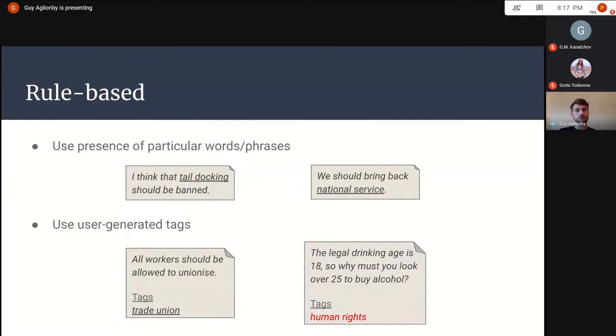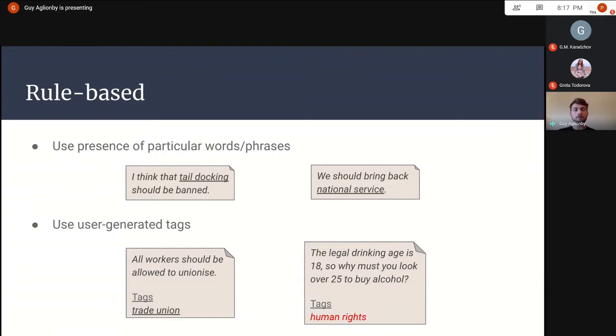We've got a couple of desired properties for this rule-based system. We want it to be high precision. That's what I was saying before. If we classify everything that has tail docking in it as tail docking as our topic, we don't want a bunch of false positives. So things like alcohol, for example, that's mentioned in passing a lot. If we tagged every response that had alcohol in it as to do with alcohol, that would be wrong. We'd have a lot of false positives, so we'd have a low precision.